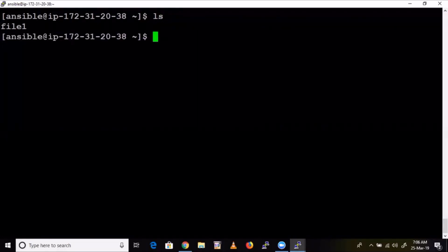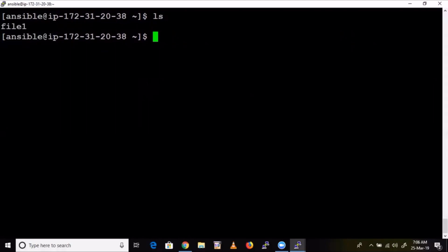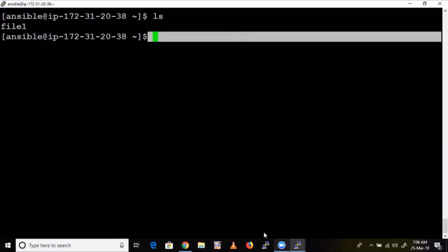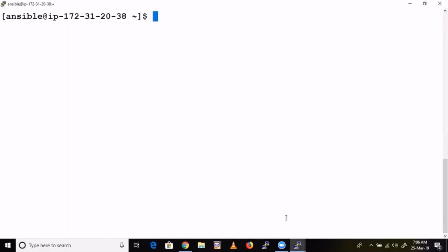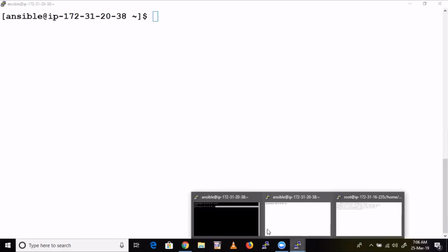Okay, got it. So that's how system admins used to do. They used to provide SSH connection. Then they used to take the remote session of those machines like this. They used to do all activities. Suppose if you are installing anything here, that is indirectly you are installing in node 1. Okay, so that's how we do it.